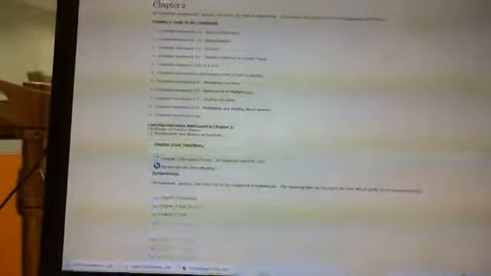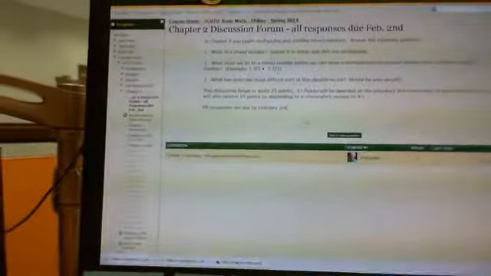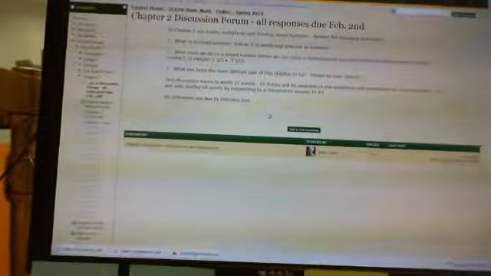And every chapter's discussion forum will be underneath Chapter 2 get-togethers, Chapter 3 get-togethers, whatever class it is. Here's Chapter 2, and then down here under get-togethers, click on Chapter 2 discussion forum, and you're going to see the discussion forum here. Now, sometimes it might be a discussion forum like this one where we're going to type in our responses, or